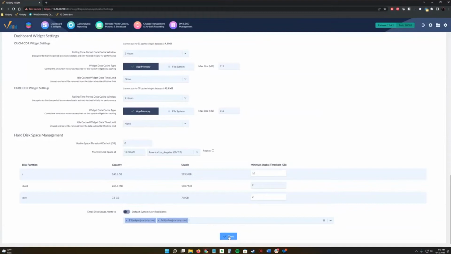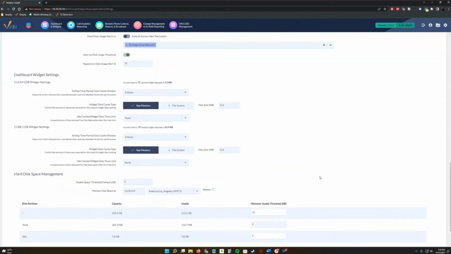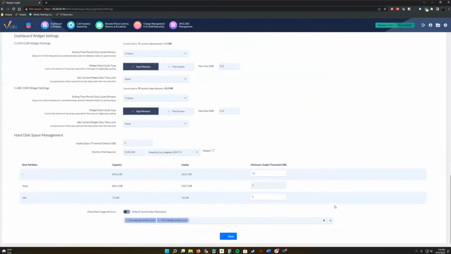And then all you would do is save there, and then you would be good to go. I'm going to not save it, just leave this off so no one's getting alerts for some random stuff here. But those are the main ones when it comes to alerting, when it comes to system things, right? Hard disk stuff, processing, and not receiving CDR.